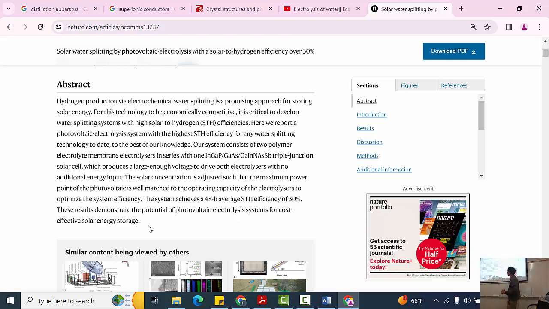Triple junction solar cell, which produces a large enough voltage to drive both electrolyzers with no additional energy input. So they have enough voltage produced strictly from the solar. A lot of these solar cells, the voltage that they get is very small. The solar concentration is adjusted such that the maximum power point of the voltaic cell is well matched to the operating capacity of the electrolyzers to optimize the system efficiency. The system achieves a 48-hour average STH, that is solar to hydrogen efficiency, of 30%. These results demonstrate the potential for cost effective